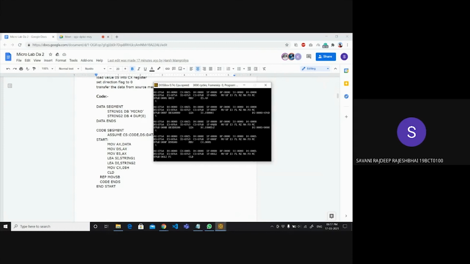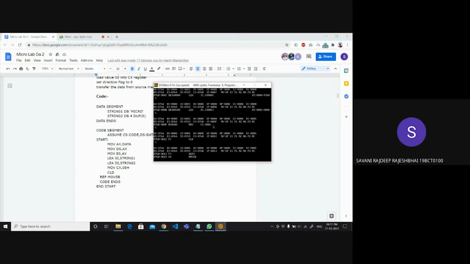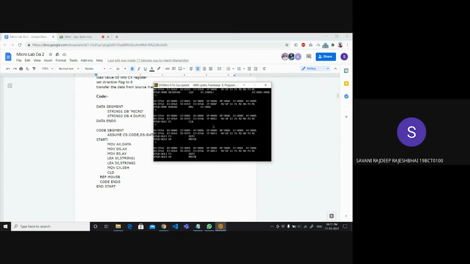After that, the CLD command will set the direction flag to 0, and the next command will move the data from the source index to the destination index.